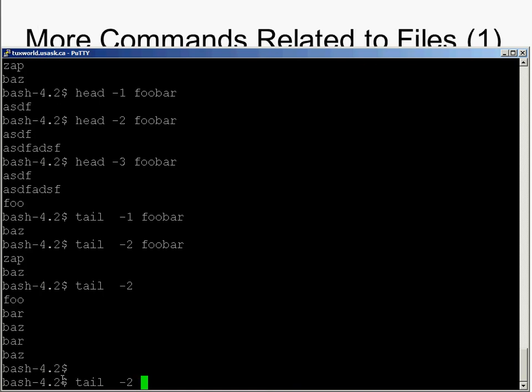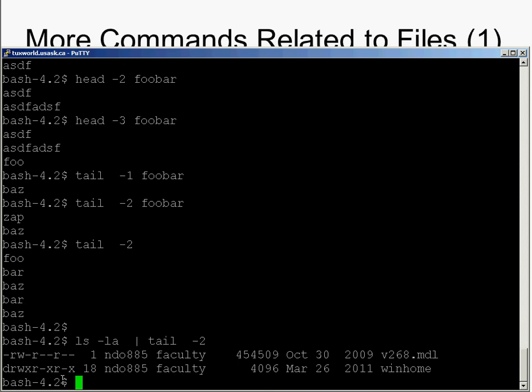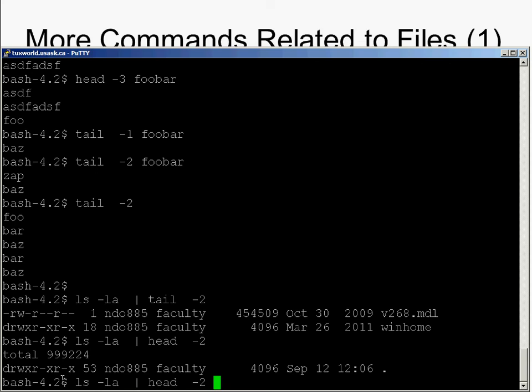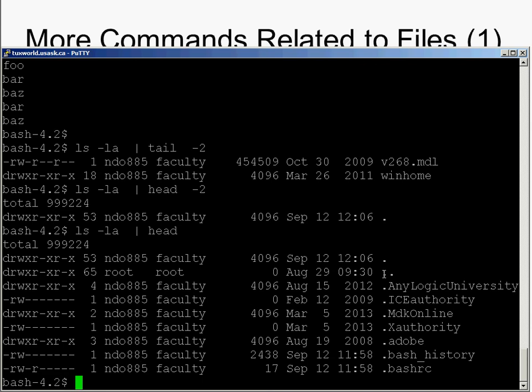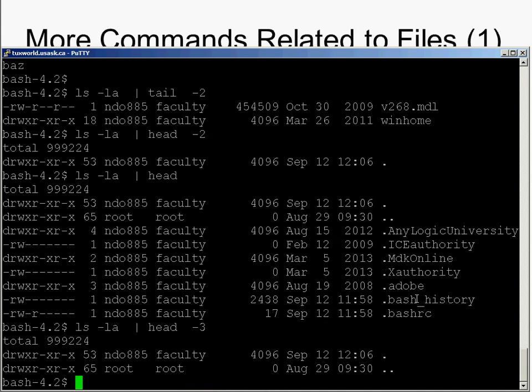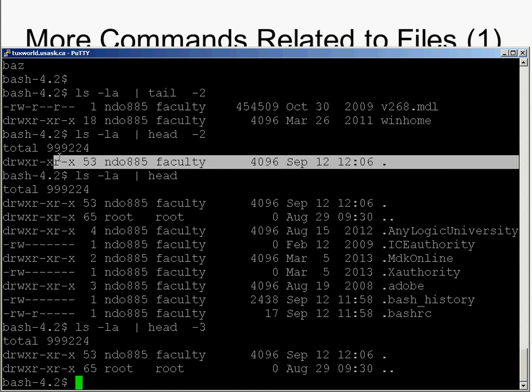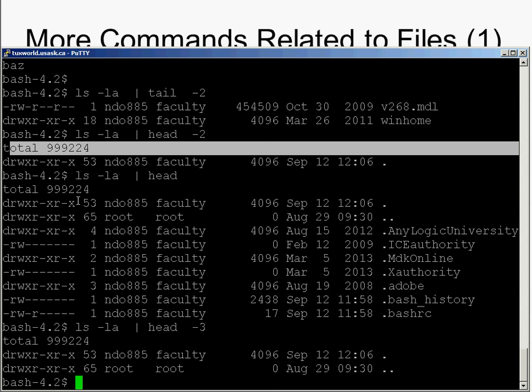Alternatively, I could say ls -l and look for the last 2 things in this, or I could look for the first 2 things. What are the first 2 things going to be? Anyone remember? There's dot, and there's actually dot and dot dot here. And if I did -2 here, you notice it's only showing me the first entry. Why did it only show me the first entry? Because total is a line as well, exactly. If we wanted to see the first 2 files, we would do head -3. Okay,